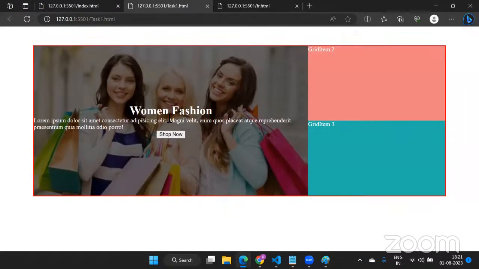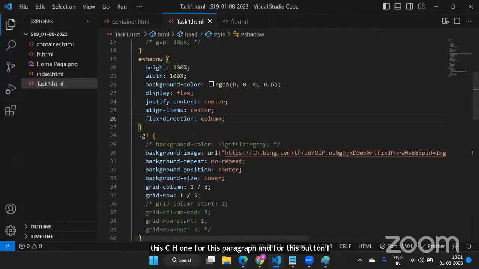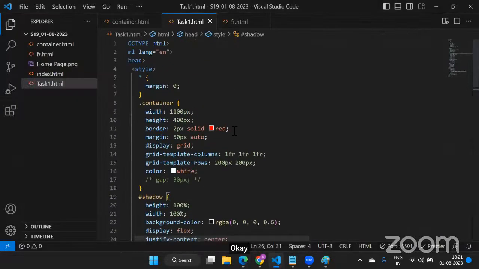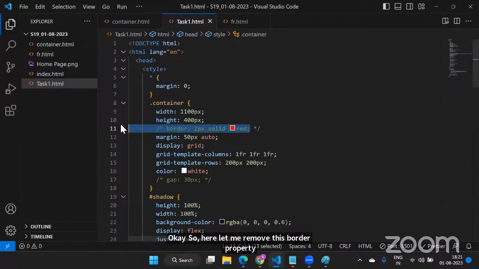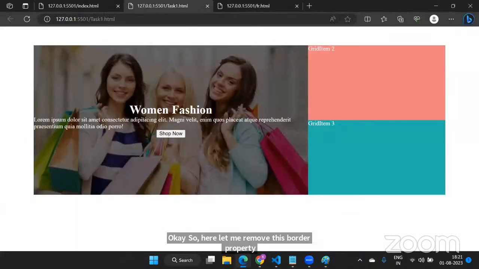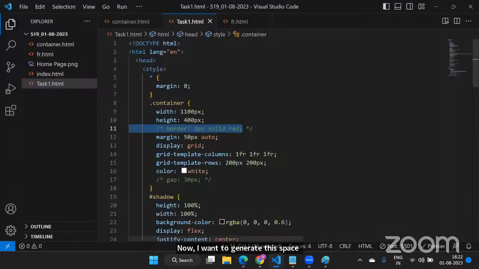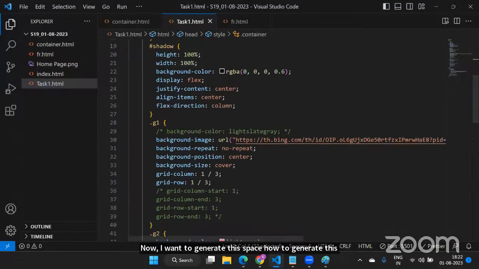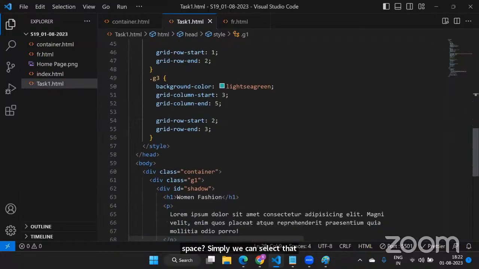Now I want to generate some space between this h1, this paragraph and this button. Here, let me remove this border property now, we don't require it. How to generate this space? Simply we can select that h1. Now this h1